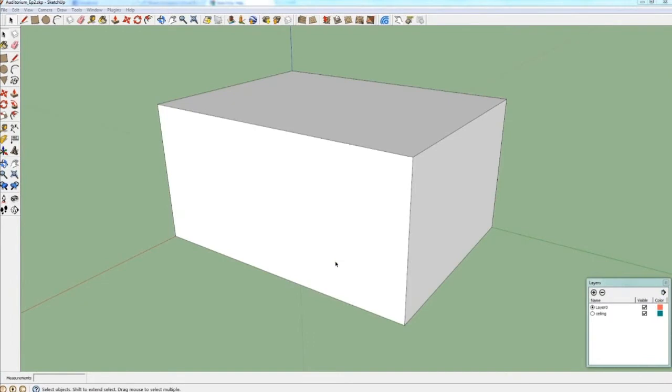I will place the stairs somewhere here, and I have to use some guides that will help me in drawing the stairs. The guides are simply some lines that are not part of the actual geometry, but they help us in the drawing process. So I use the tape tool and I click here, and then I pull away, and you can see the parallel dashed line.